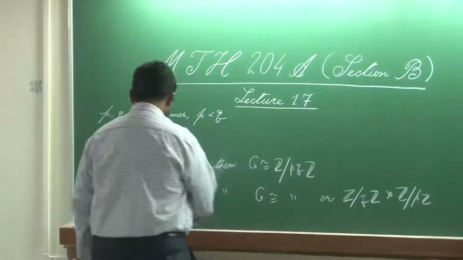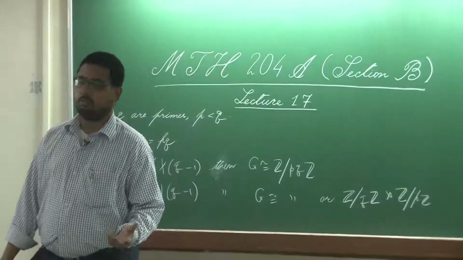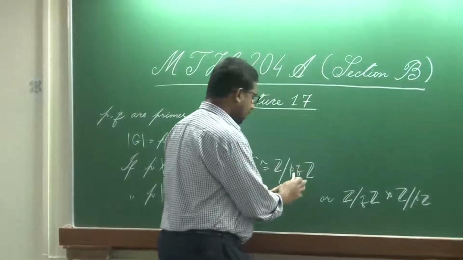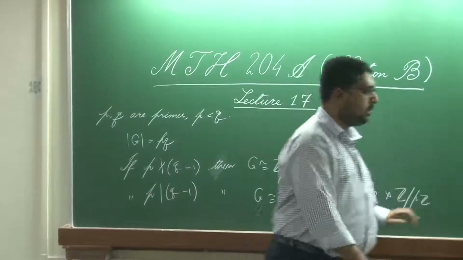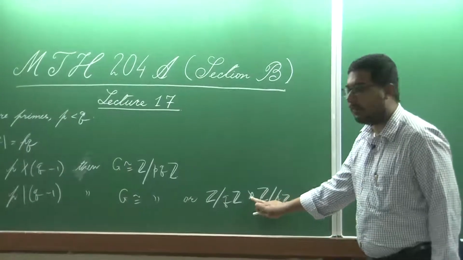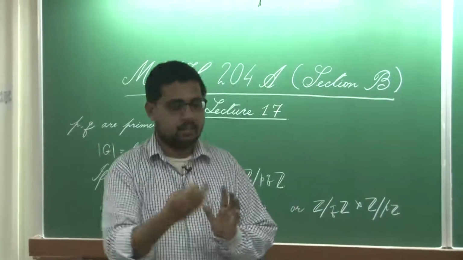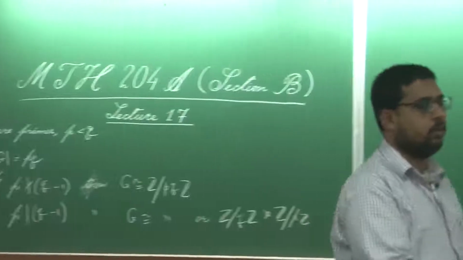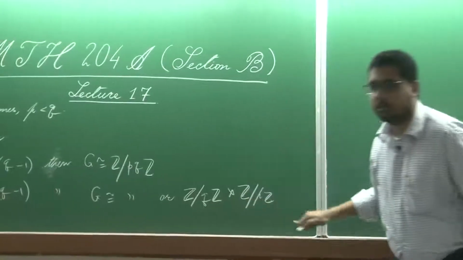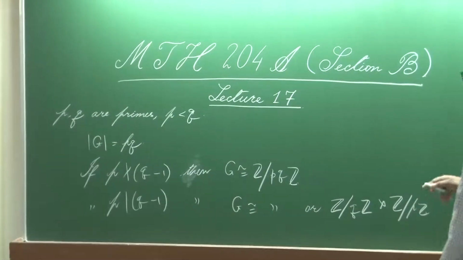So, G is cyclic. Otherwise, there are two possibilities: either G is isomorphic to this cyclic group, or it is isomorphic to this semi-direct product. Here, from the notation I deliberately dropped the homomorphism, because we have also seen when we proved the uniqueness that whatever non-trivial homomorphism we take, up to isomorphism, this is not going to change. And in fact, in the proof of that, the fact which was crucial